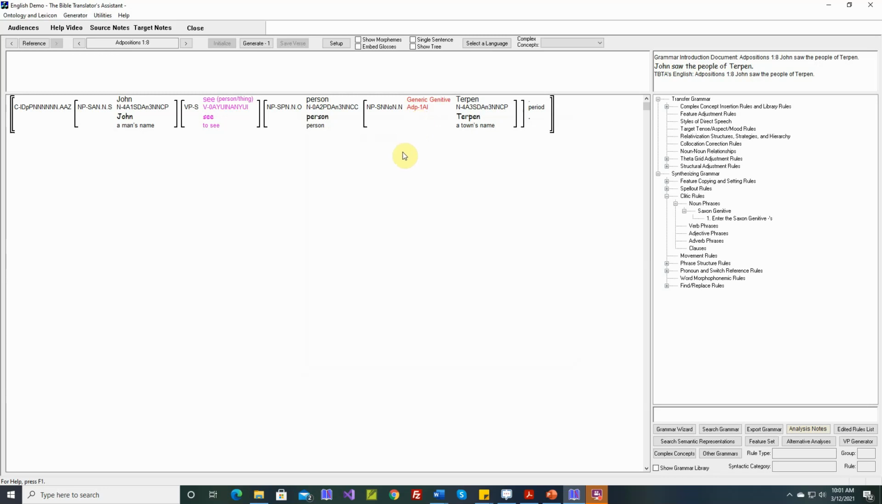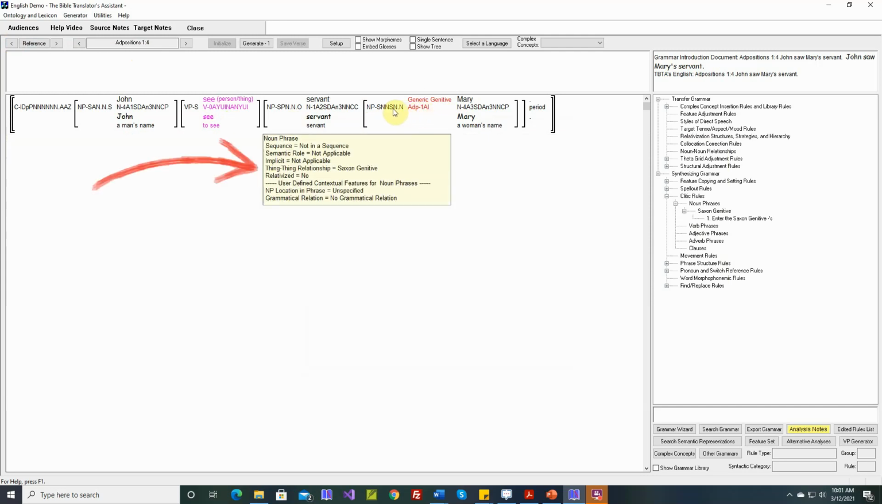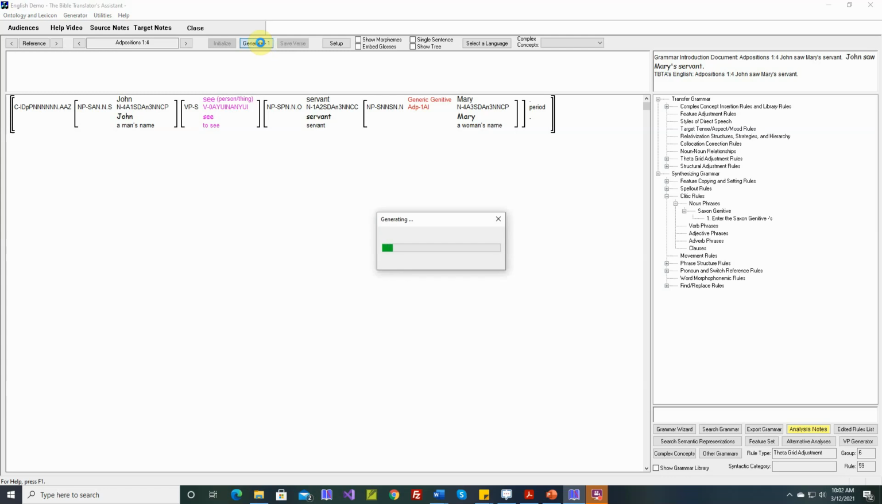So even after your lexicon and grammar are well developed, you'll fairly often see 3 question marks below the generic genitive marker. And that's because you haven't yet specified the relationship between those 2 nouns. Okay? So let's go back to add positions 1-4. John saw Mary's servant. We've specified this relationship. It's Saxon genitive. If we generate this now,